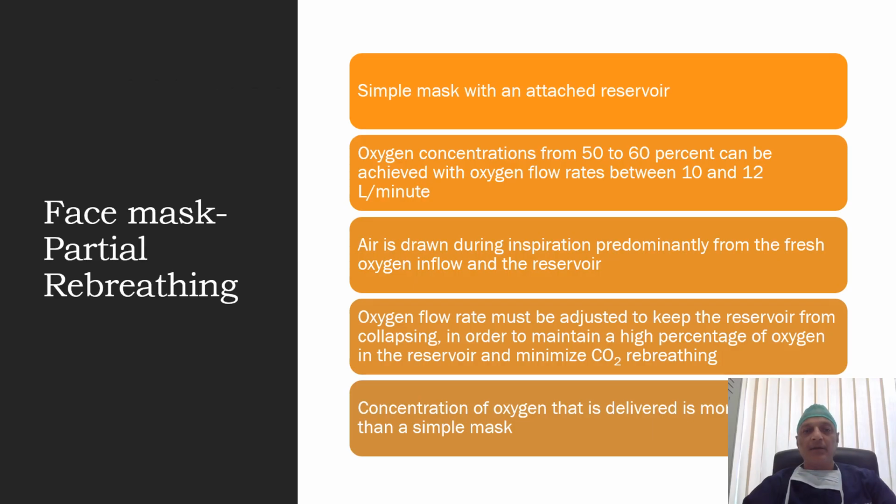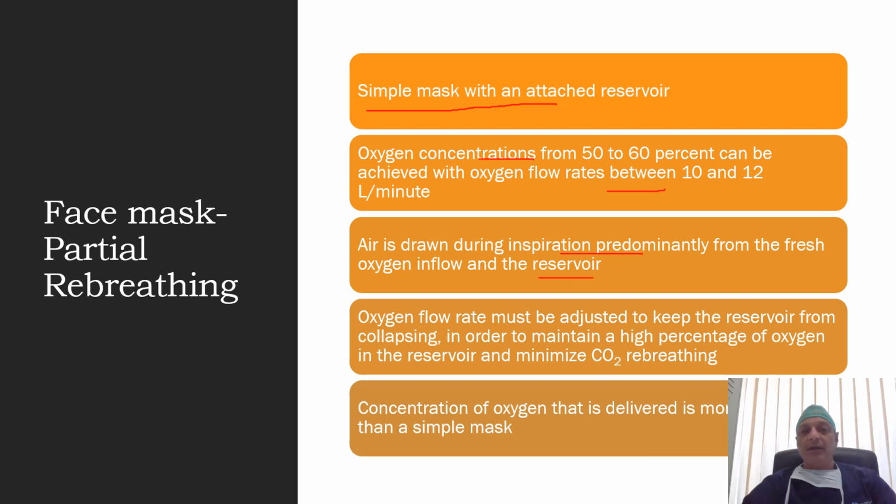Another type of mask is the face mask with partial rebreathing. It is nothing but a simple mask with an attached reservoir, and the oxygen concentration which can be delivered through this mask is more than what can be achieved with a simple mask. An oxygen concentration of 50 to 60% can be achieved with an oxygen flow rate between 10 and 12 liters per minute, and the air is drawn during inspiration predominantly from the fresh oxygen inflow and what is there in the